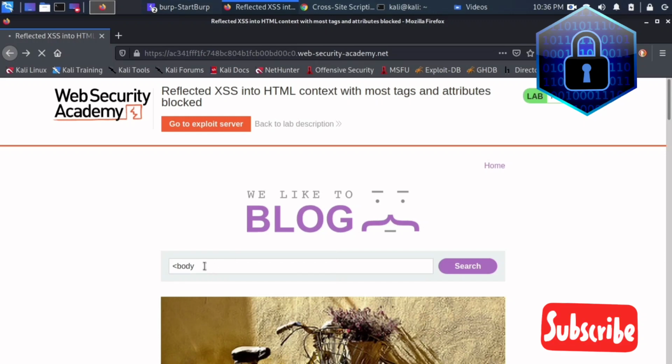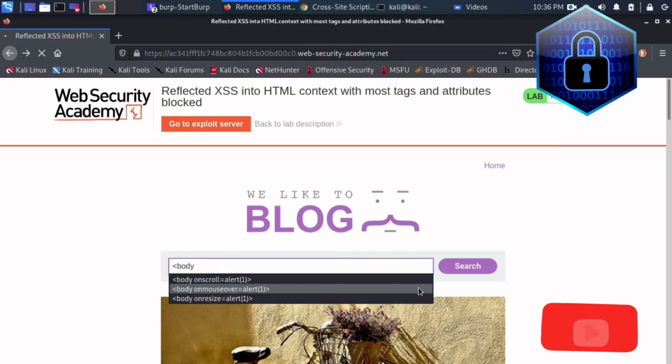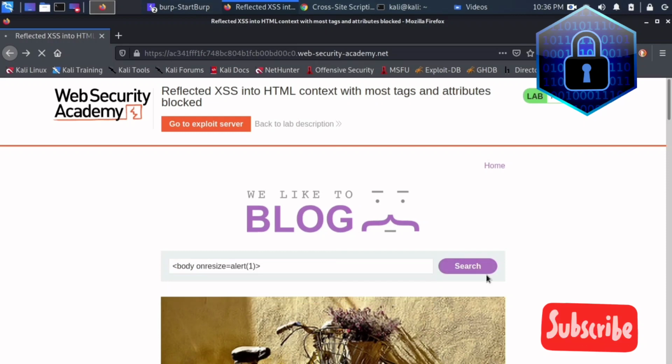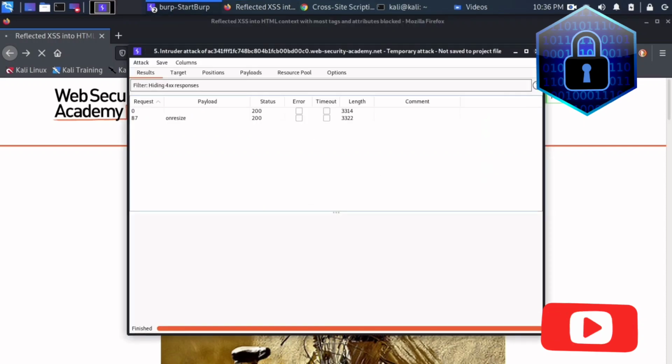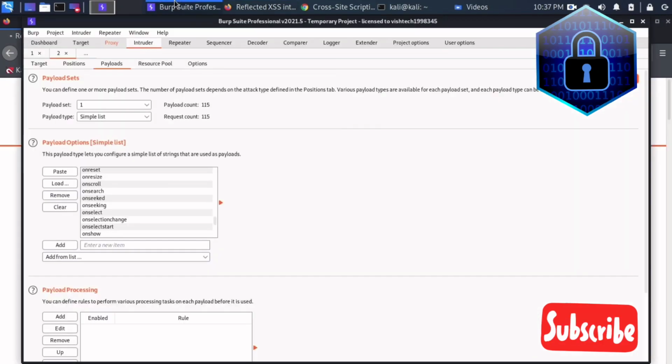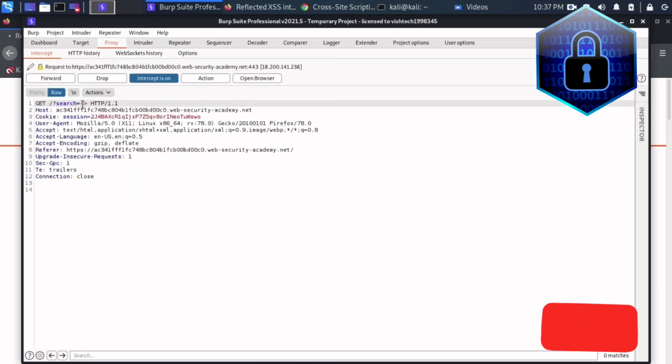So what I will do is enter the body tag, and I will put the onresize alert. Let's see the response. I think it will not show the response here. So what I will do now is close this, and open the intercept. Sorry, not the target position, the intercept, and I will put the same thing, the alert function, body